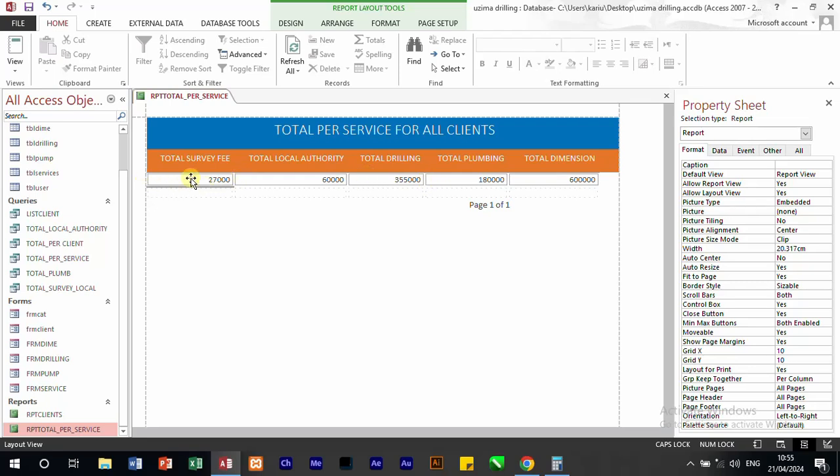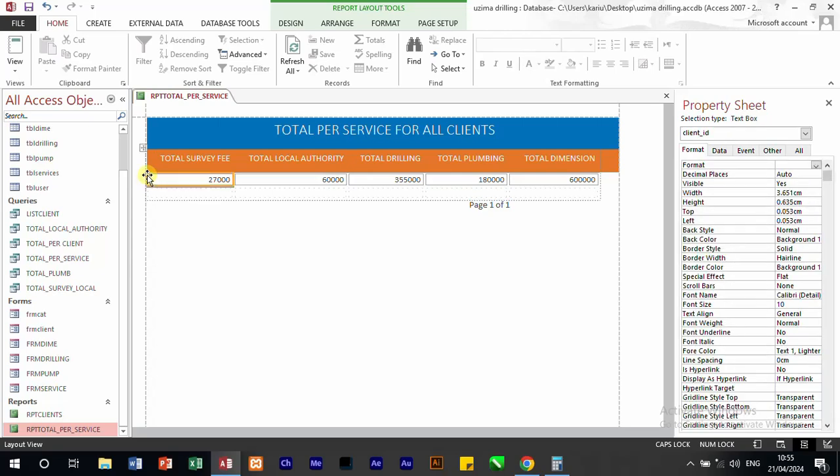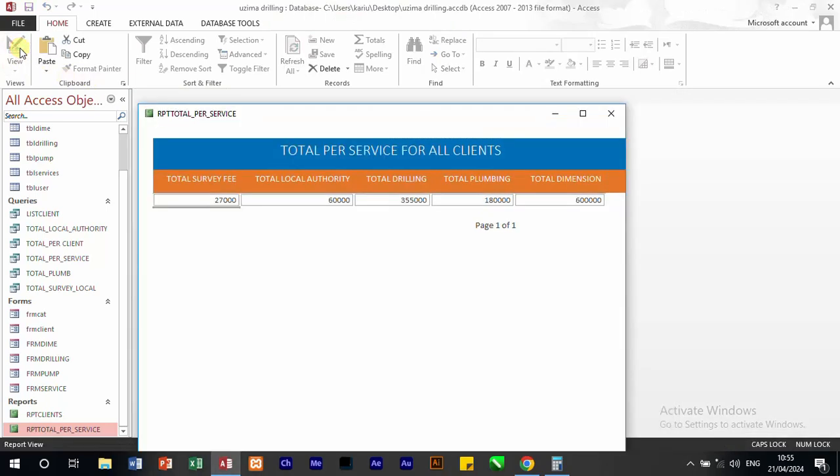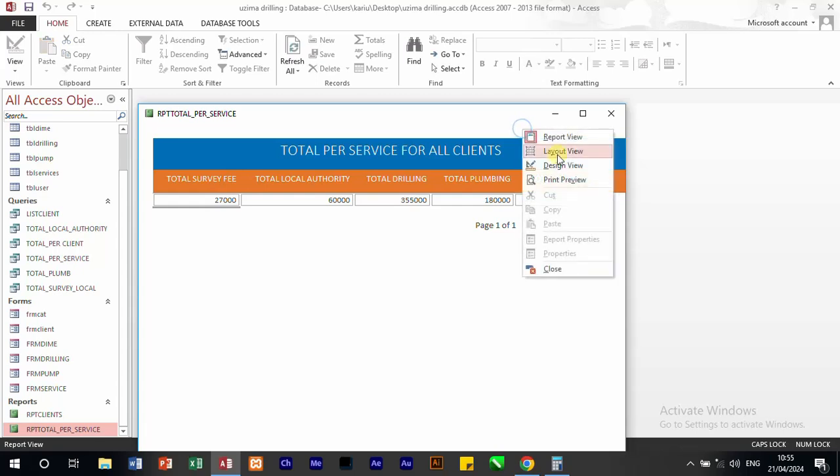For the first one, survey, you can call this total survey, the amount that will be generated for all the survey. Then for local authority, you can call it total local. I'm trying to use a name that is easy to remember, total survey, total local. Then we are going to